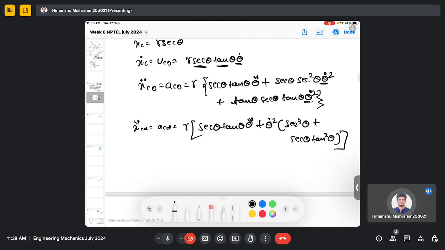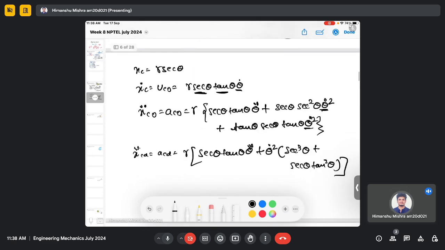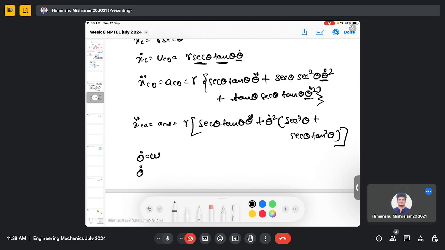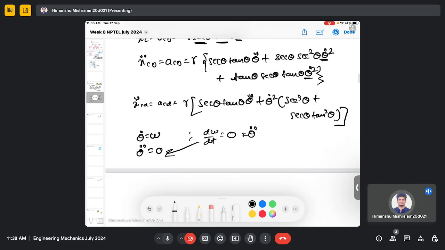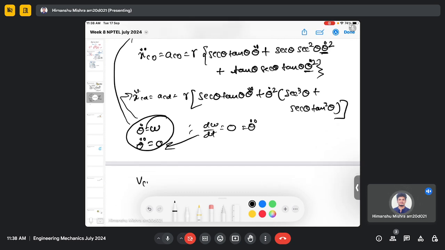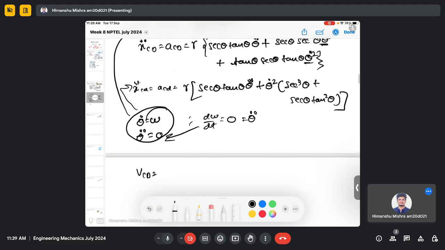So in the question we are given that it is rotating with constant angular velocity omega. So my theta dot will be omega and it is a constant, which means my theta double dot will be 0, because d omega by dt is 0. Now if I substitute this into the velocity expression as well as the acceleration expression, I will have the velocity VCD, which is equal to r omega